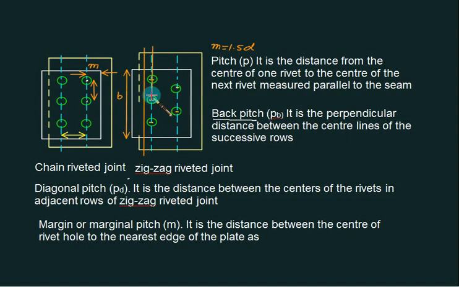If you take this one, is that a B minus 3D? And this one is B minus 2D. So which one is the weaker plane? So this time you have to do the calculation based on the weakest area. So this time Ft will be equal to B minus 3D into T multiplied by sigma.